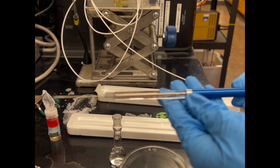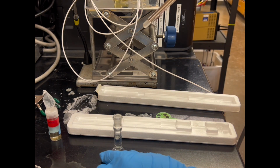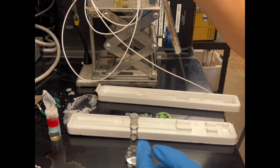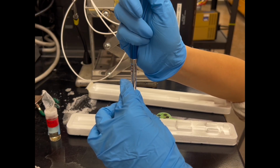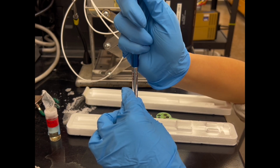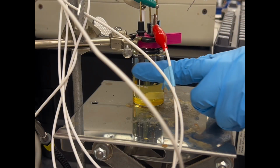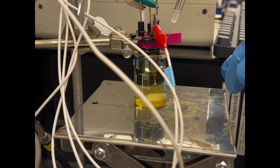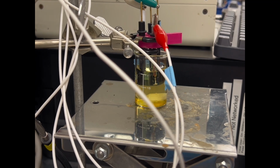And now I will inject some PFAS standard solution that we diluted before. I didn't include the dilution of the PFAS standard solution in this video, but make sure to take 50 microliter of it and dilute it in the 10 ml volumetric flask. So we take 10 microliter first and inject it in our buffer solution, and then we will stir it for 60 seconds and let it settle down for 30 seconds,